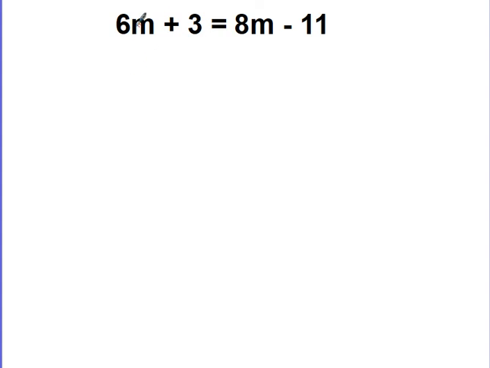So again, I'm going to look at it. Which one should I move over? Should I move over the 6m to the right or the 8m to the left? If I subtract 8m from both sides, this is going to give me a negative 2 because I'm starting off with 6 and I'm subtracting 8. So again, most of the time you're really just going to want to move your smaller number,